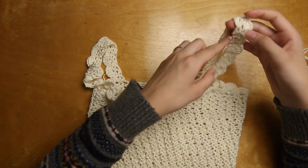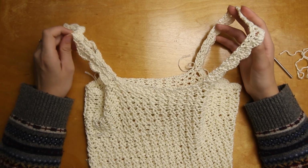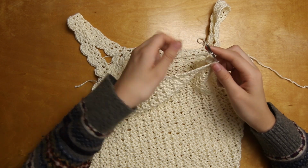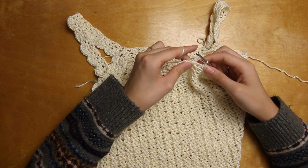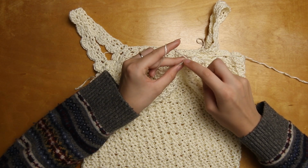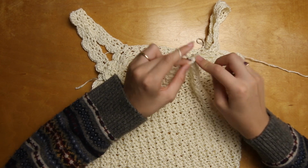back, and other strap until you meet back here, and all that's left to do is to tie it off and to weave in the edges. Just join your yarn on the inside of the top and you're just going to work the scallop stitch as we've been doing along the edge. So skip 1, single crochet, skip another, and work 5 double crochets